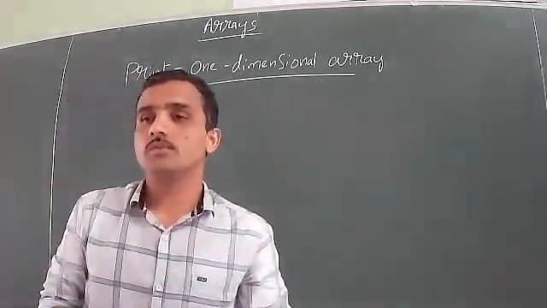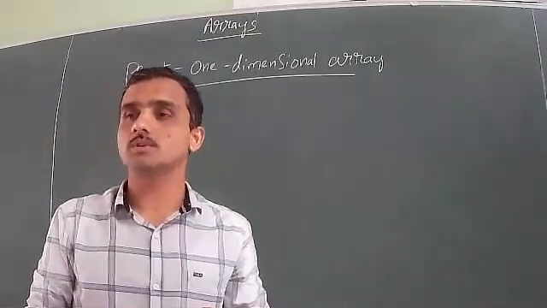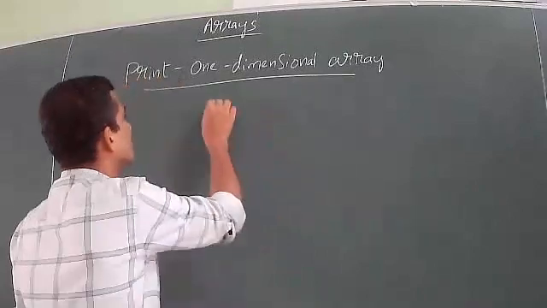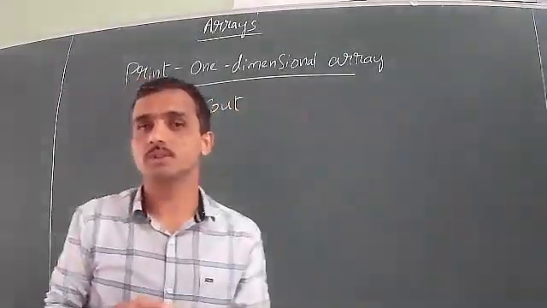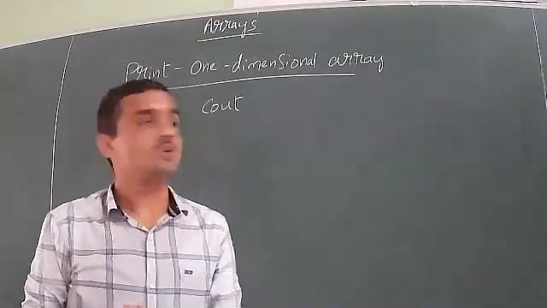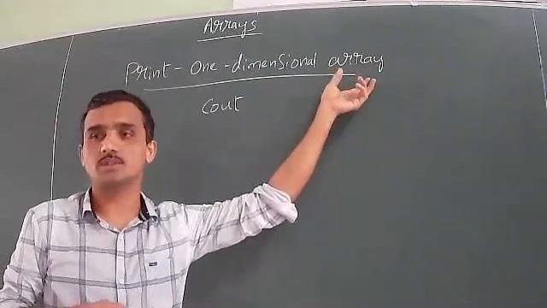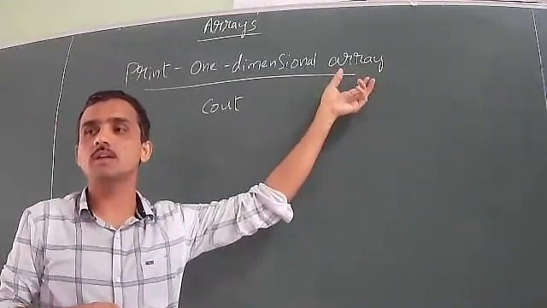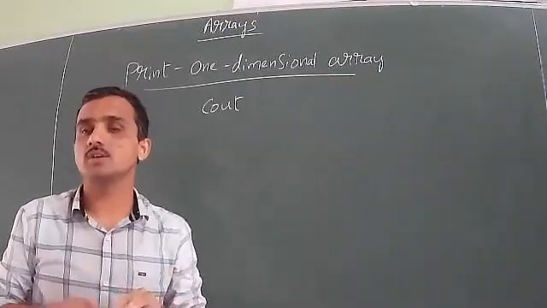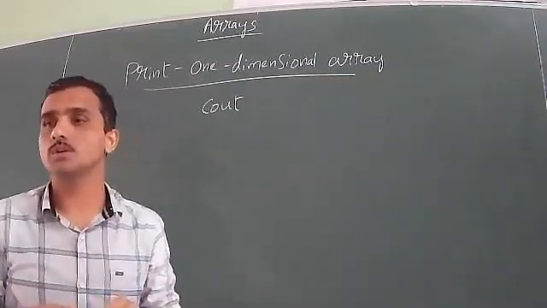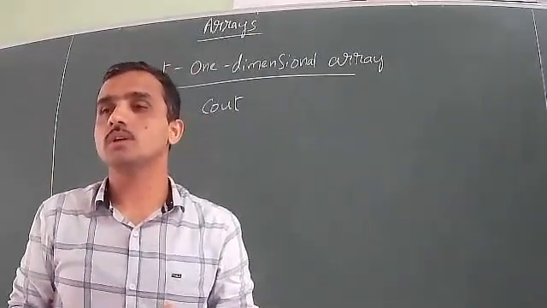See, if we want to display the message or the value on the screen, we use the statement called cout. In the previous chapters we have discussed this already. If I want to print the values of a one-dimensional array, first of all, an array is a collection of elements, so we need to declare the array, so that either we initialize the values of the array or we give input values for it. How to give input values for an array is the next topic.